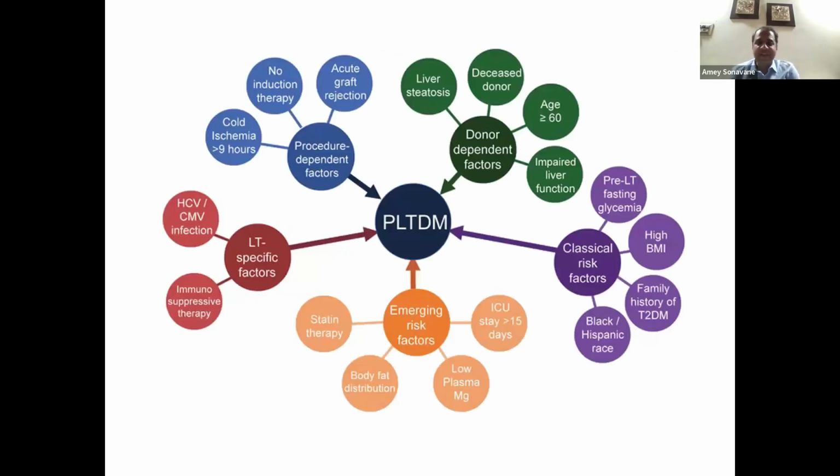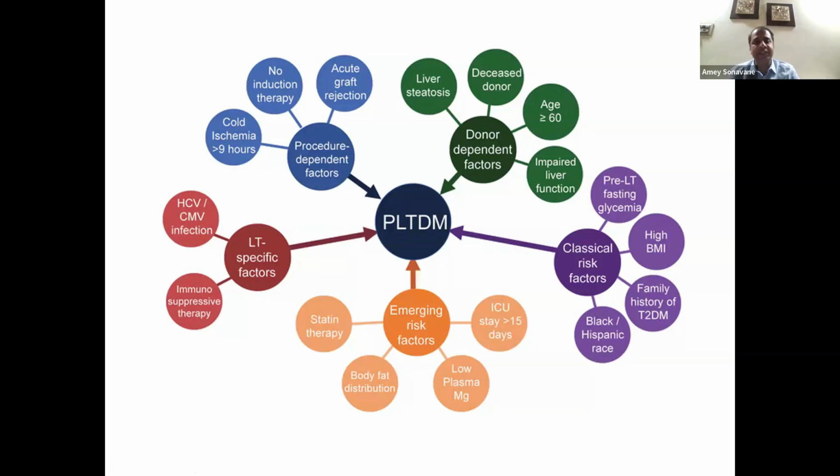So there are many various risk factors as to why a patient develops diabetes post-transplant, apart from the classical factors, which include a high blood sugar preoperatively, high BMI preoperatively, family history of diabetes, or an African or Hispanic race. There are certain donor-dependent factors too, which include liver steatosis, increased age, impaired liver function, as well as a deceased donor transplant. There are certain procedure-dependent factors, which include acute graft rejection, where we use steroids in higher dosages, and an increased cold ischemia time of more than 9 hours are risk factors